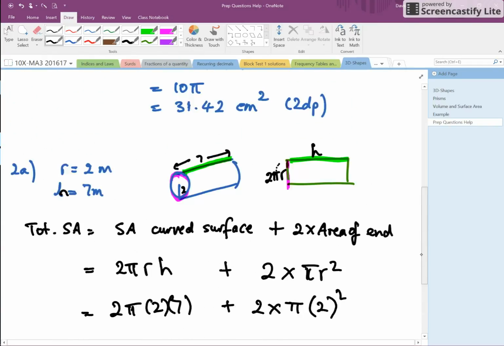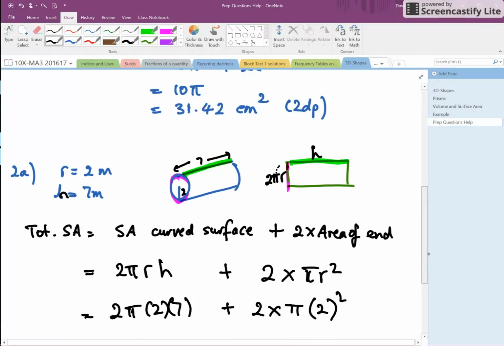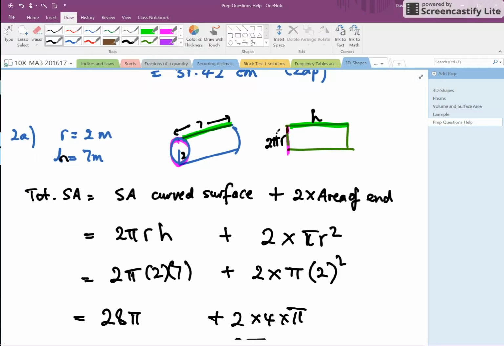Okay, so the secret is to remember, you look in your notes, it explains this in paper as well. We've got the surface area of the curved part, we've got the surface area